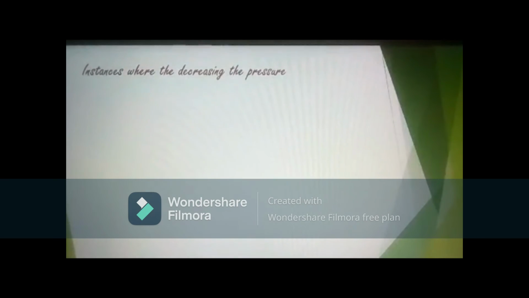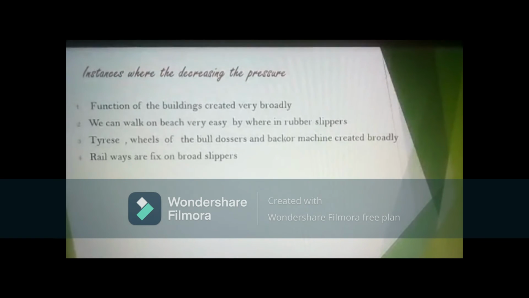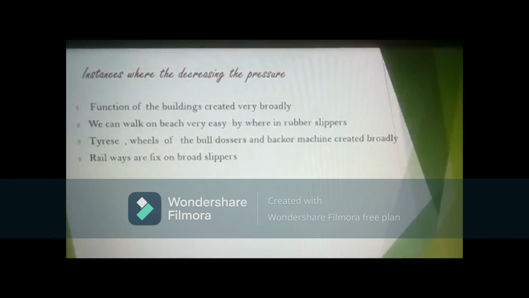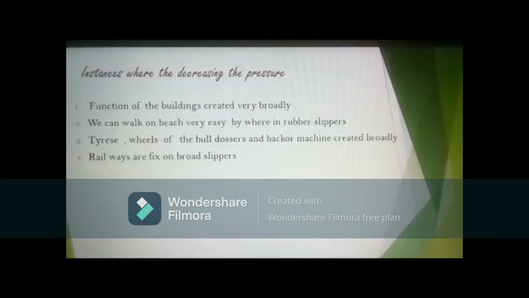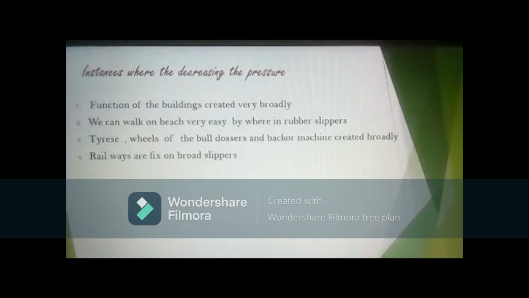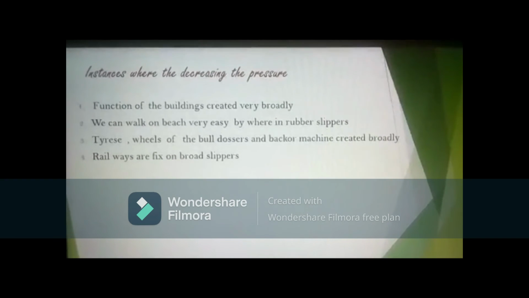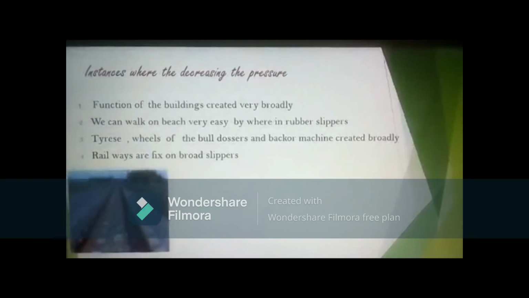Instances where the pressure is decreased: the foundation of a building is constructed very broadly. We can walk on the beach very easily by wearing rubber slippers. Tires and wheels of bulldozers and backhoe machines are made broad. Railways are fixed on broad sleepers. Example: